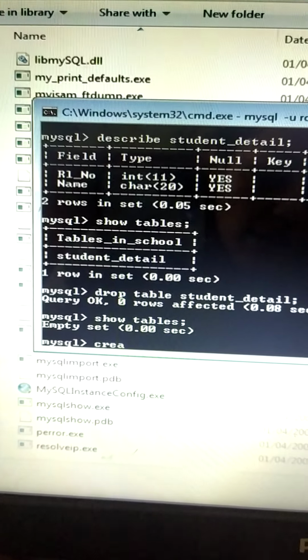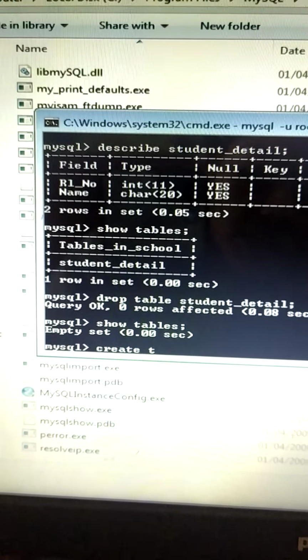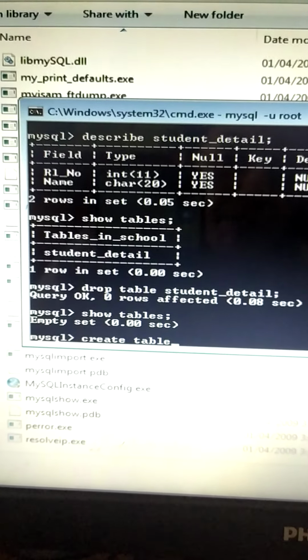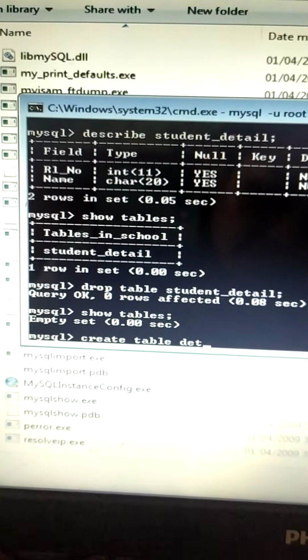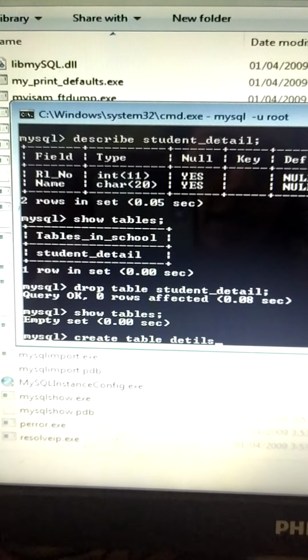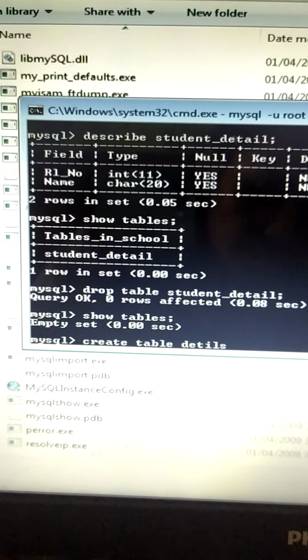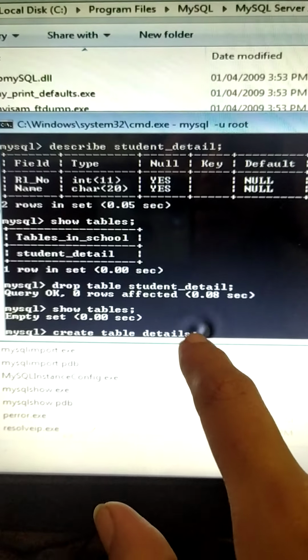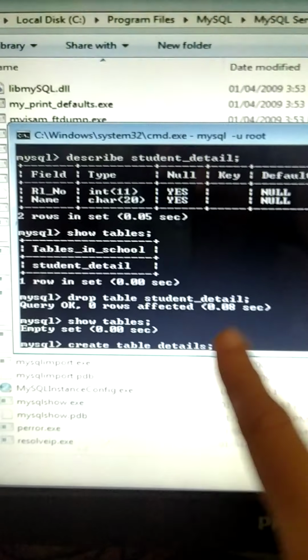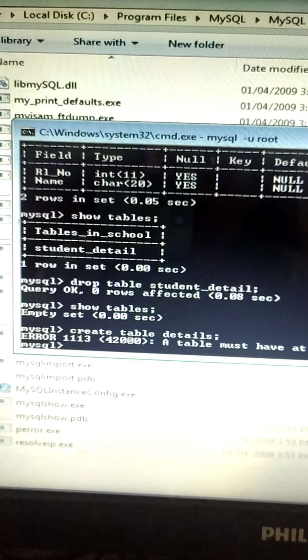We'll use the command create table and the table name. Suppose I'll directly write details and semicolon. Students, don't forget to add this semicolon at the end of the command, and enter.